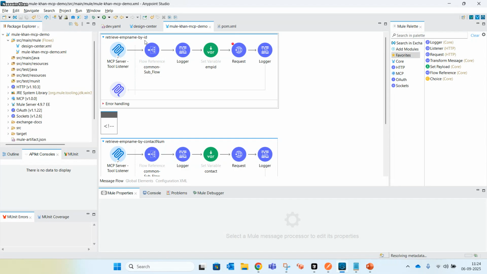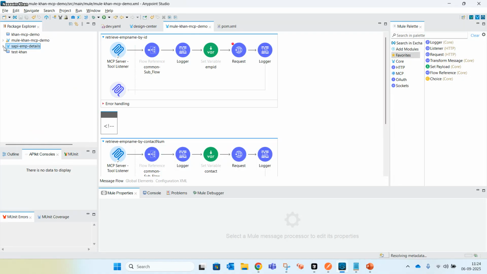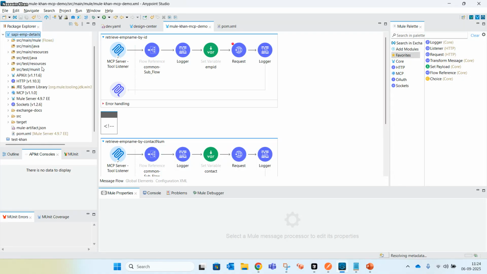If I provide the contact number, can you provide the employee details for this contact number, it will invoke this one. This is further invoking this HTTP request, this SAPI employee details, where it is getting the employee details.